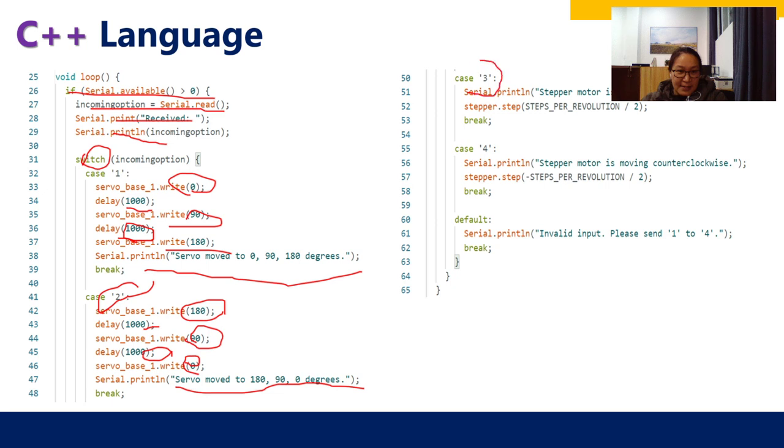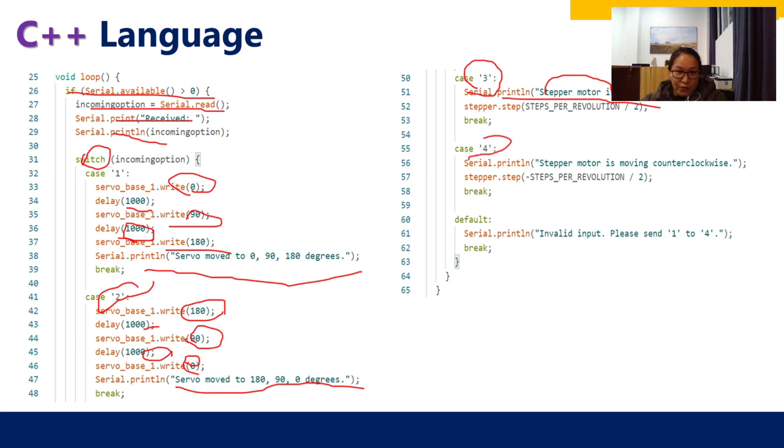The command of 3 moves the stepper motor clockwise by half a revolution, and prints a message to the serial monitor indicating the stepper motor's movement.